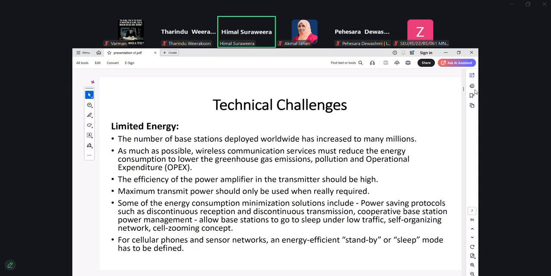A third challenge is the limited energy challenge. Since wireless communications have become very popular, a lot of base stations are getting deployed every day in different locations all around the world. These base stations lead to increased energy usage, and as a result, it can increase greenhouse gas emissions as well as pollution and so on.